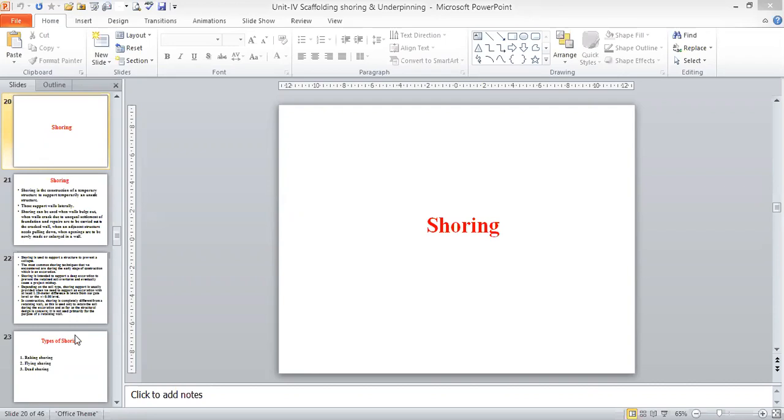One case is when the structure is unsafe. The settlement will be more, because of various operations beside your existing structure. That is the case where settlement comes to the existing structure, and the collapse of the structure can take place. Before that, it gives an indication that the structure is going to fail. Then we have to rectify it by using shoring, putting supports, and doing repair works.